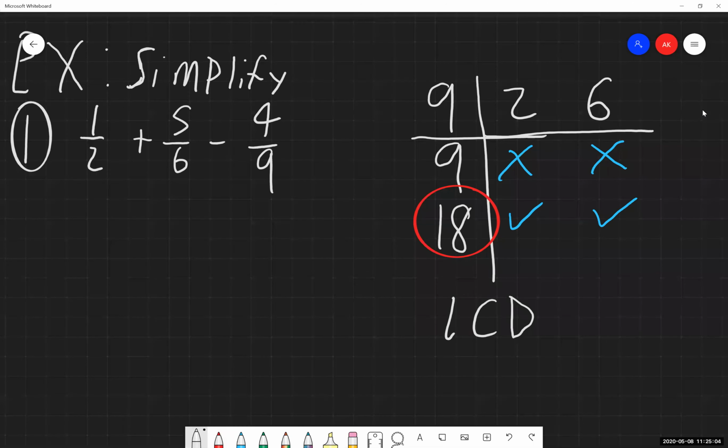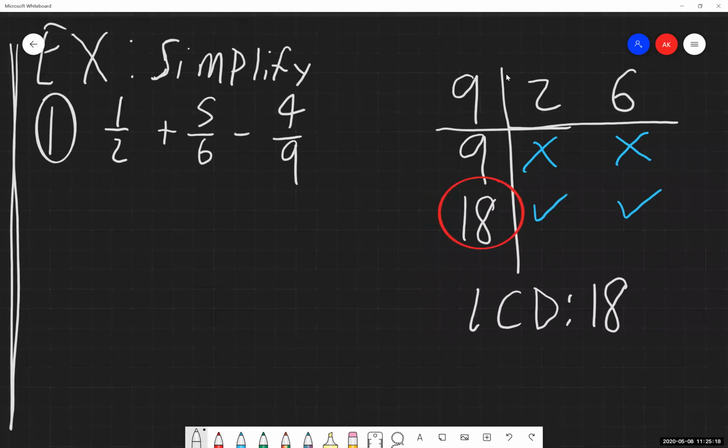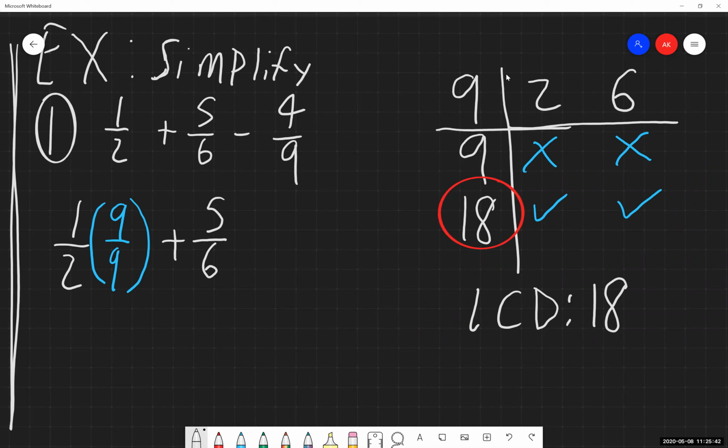Now that we got that taken care of. Our lowest common denominator between these is going to be 18. So now I need to rewrite each of these fractions to have that lowest common denominator. Again, I am creating an equivalent fraction. I am not changing the values or changing the fractions entirely. I'm just changing the way they are written out. So I'm going to take this 1/2 and multiply numerator and denominator by 9, so that's going to make the denominator 18. I don't care what the numerator is, but I want the denominator to be 18.